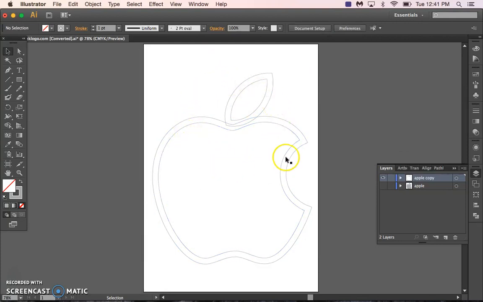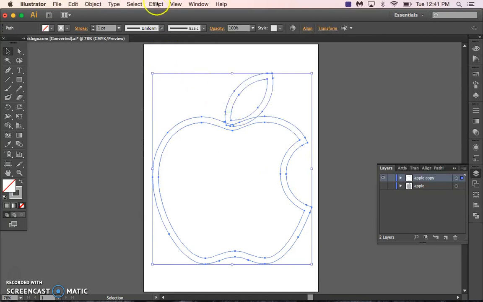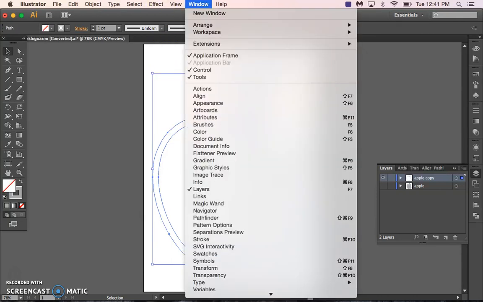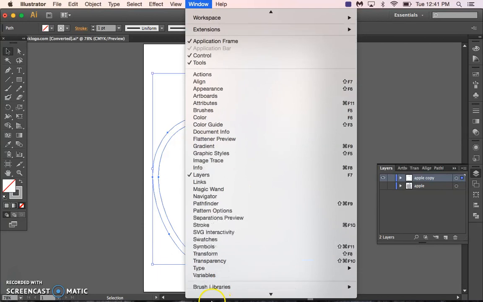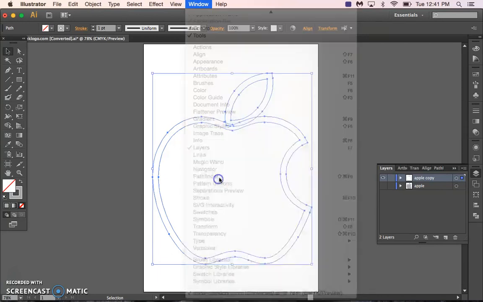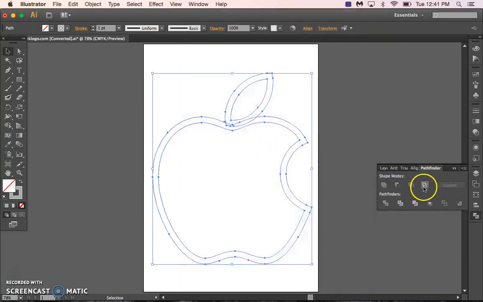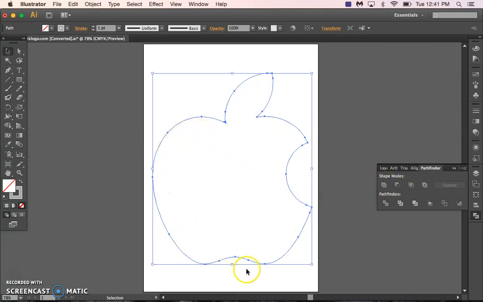I want to merge all those outlines into just the outer one. I don't need this line anymore, and I don't need the inner lines of these. They can all go away. So I will highlight the whole shape, and then under Window, I want to bring up the panel called Pathfinder. Now under Pathfinder, there are all these buttons. You want to hit the top left-hand button here, which is Unite, which is going to combine all those lines and just leave that outer edge. So if we look back at our layers palette,